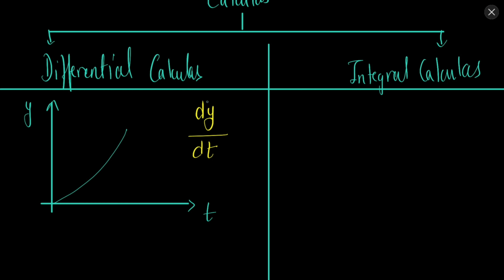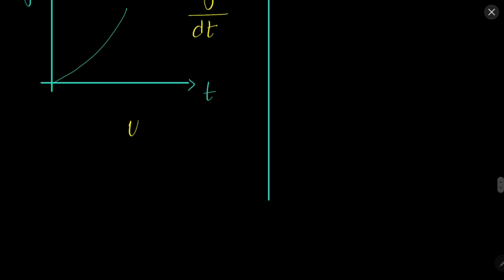Again, I am repeating here, this small d is the symbol for differentiation. Let's say the function is y, and I want to find the variation of y with respect to time. So what will I write? I will write it like this. What does this tell us? It tells us about the small variation of function y with respect to time. So differentiation tells us about the small change in one function with respect to another function.